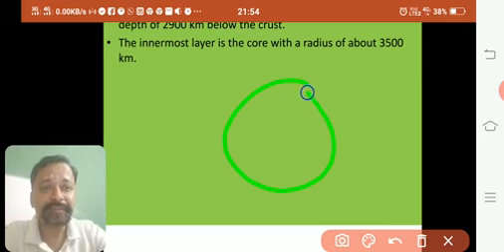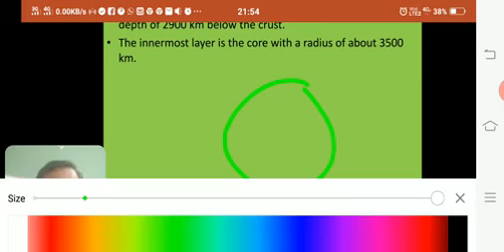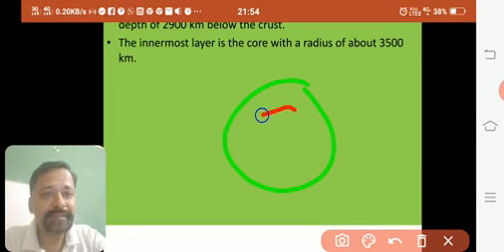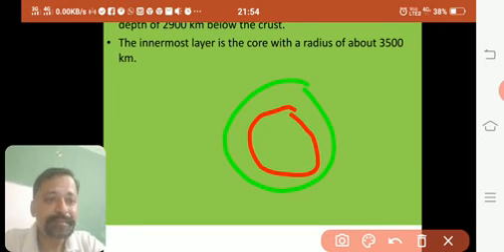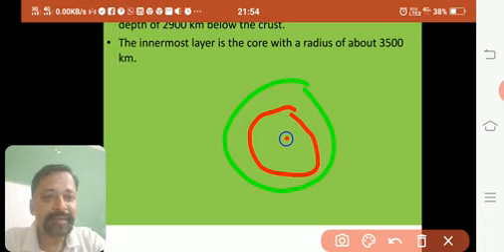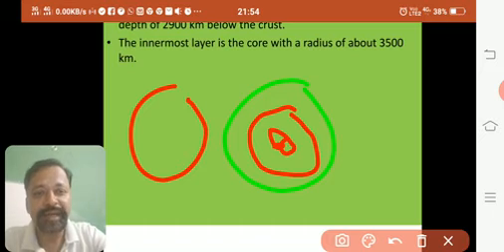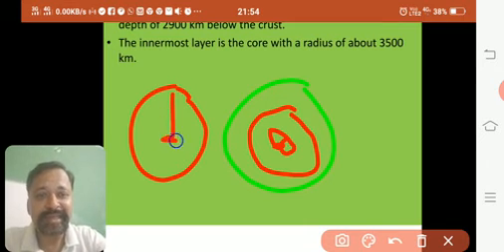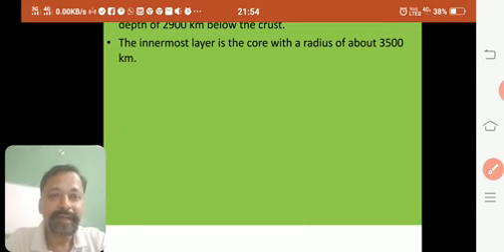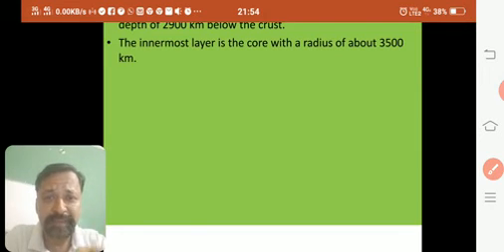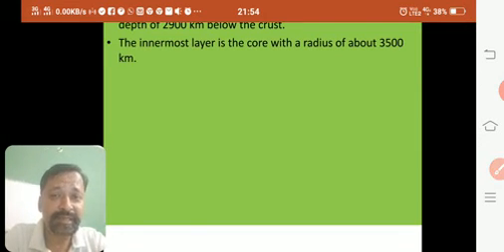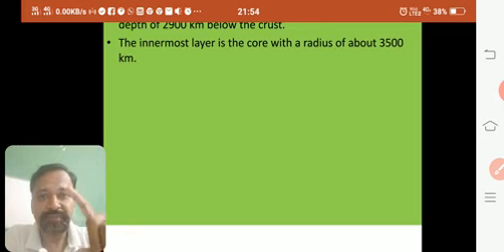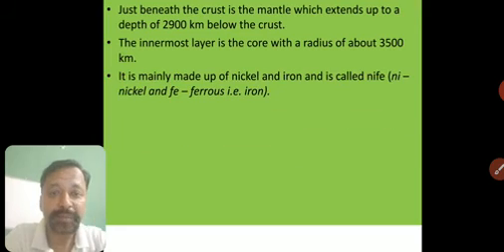Now how would you say that? This is crust. Take an example. Say this is mantle, and the inner one is core. So for a circle, for a layer, if you say this much radius, this will be the height, right? I'm not very good in mathematics, but I try to make you understand this. So the length or thickness of the core is 3500 kilometers.